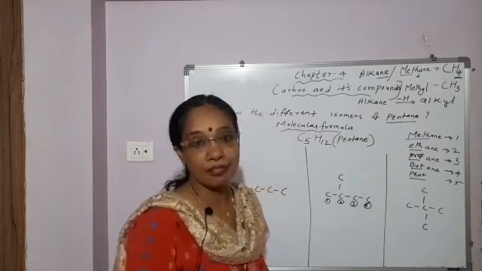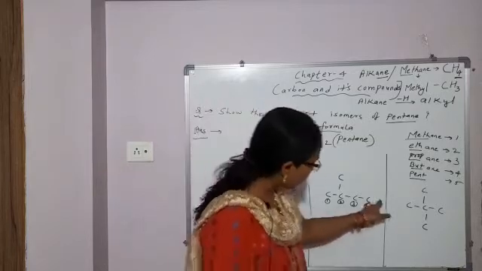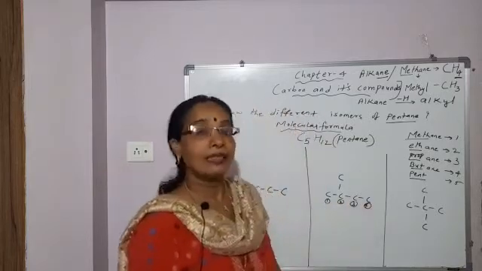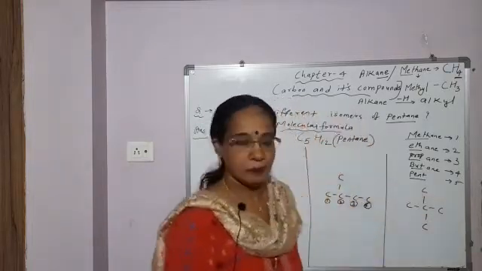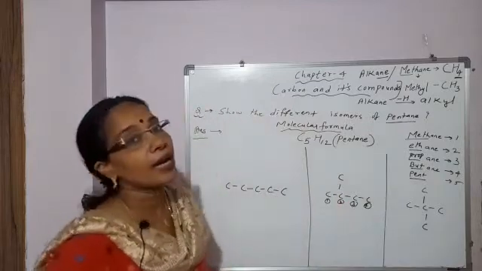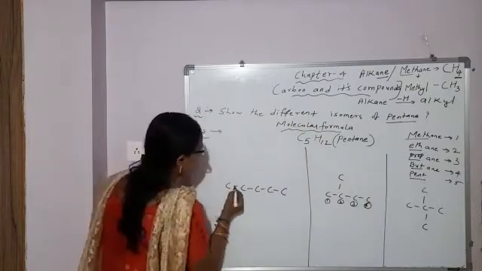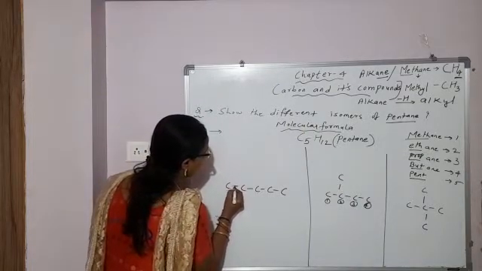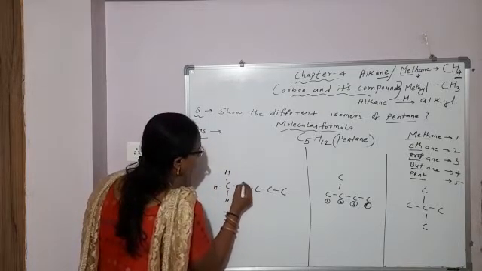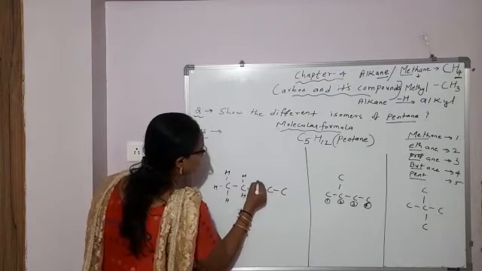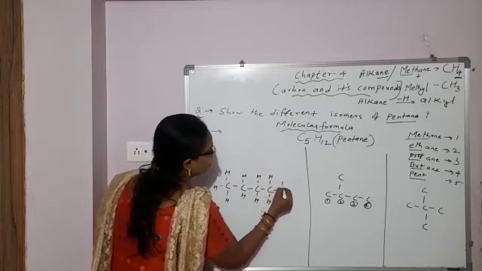You can represent in 3 ways. First, 5 carbon atom in straight chain. Second, 4 in straight chain, 5th in branching. Third, 3 carbon in straight chain and 4th and 5th in branching. Now, satisfy the valency of carbon by hydrogen. And what is valency of carbon? 4. Okay. So, this carbon attached to one carbon atom, 1, 2, 3, 4. This 1, 2, 3, 4. 1, 2, 3, 4.